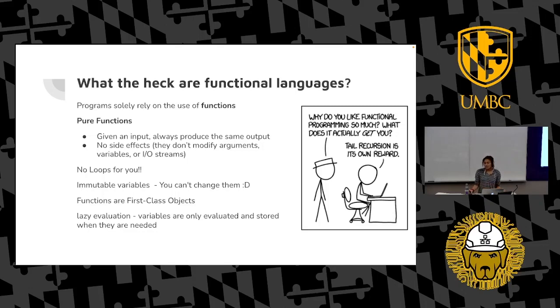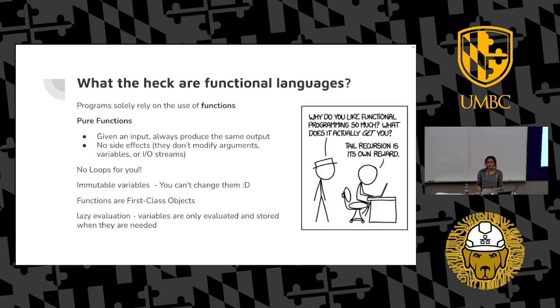You can have a lot of languages that have functional structures or aspects of it, but aren't functional in themselves. That's why I was saying earlier that things can be confusing when you try to categorize programming languages, because everything blends together so much. And functions in functional languages are also first-class objects, which means you can assign a function to a variable, you can pass a function as a parameter of another function, and you can return a function as a return value in another function. It's great.